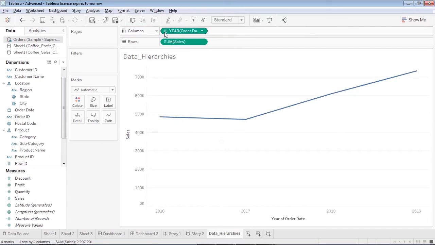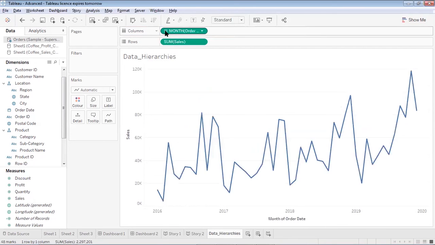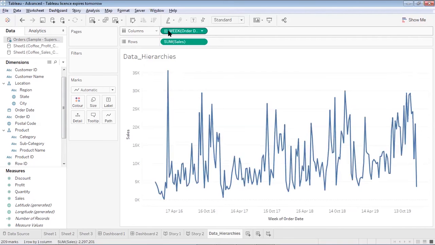Now when I drill down to say quarter or month level, you will see that although the charts have become continuous, my pill over here is converting, meaning the value is being changed in the same pill. I'm not getting a separate pill for each lower level. When I went from year to quarter, the year went off and I can see quarter now. When I drilled down further, quarter is removed and I can see data for month. And when I drill down from month, I can see the data for the week. But again, I get all this in the same pill.